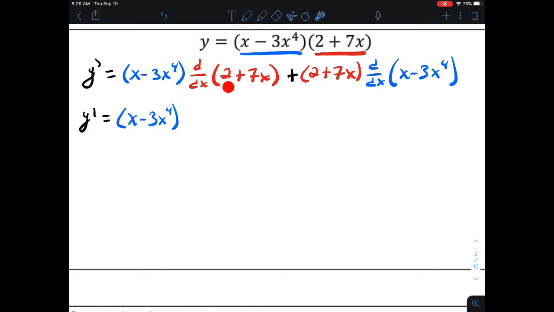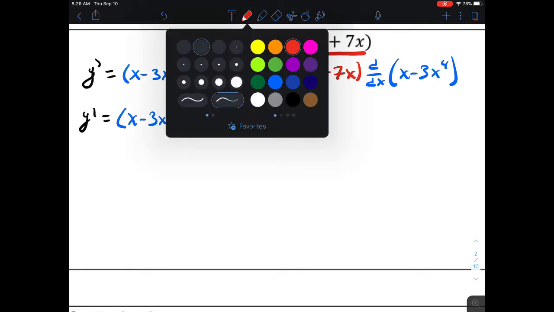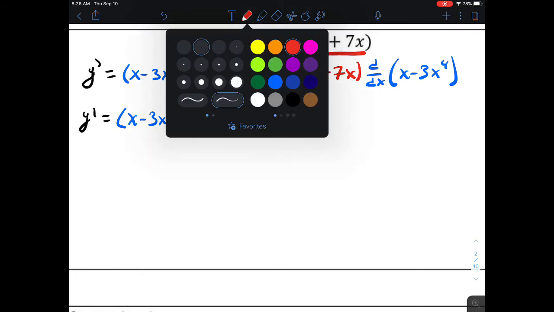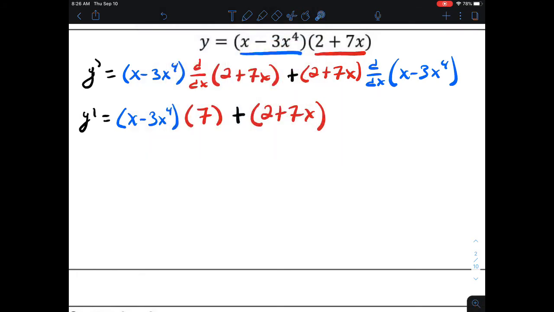The derivative of 2 is 0. The derivative of 7 times x is just 7. So I'd be multiplying that first part there by 7, plus the second, so 2 plus 7x, times the derivative of the first, okay, so the derivative of the first part, which is x minus 3x to the fourth power,